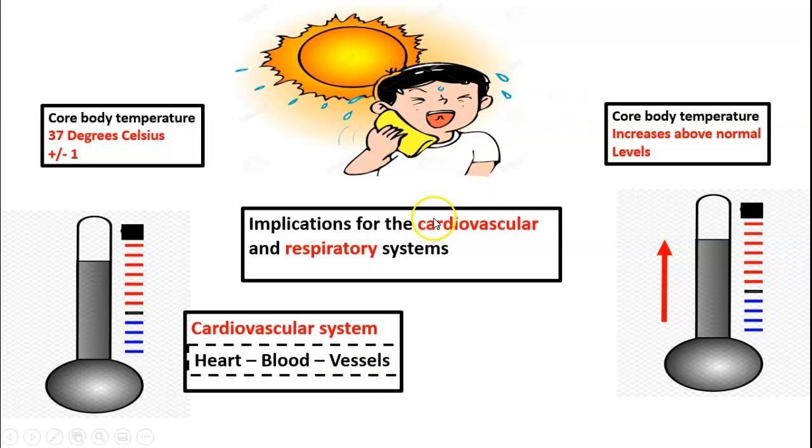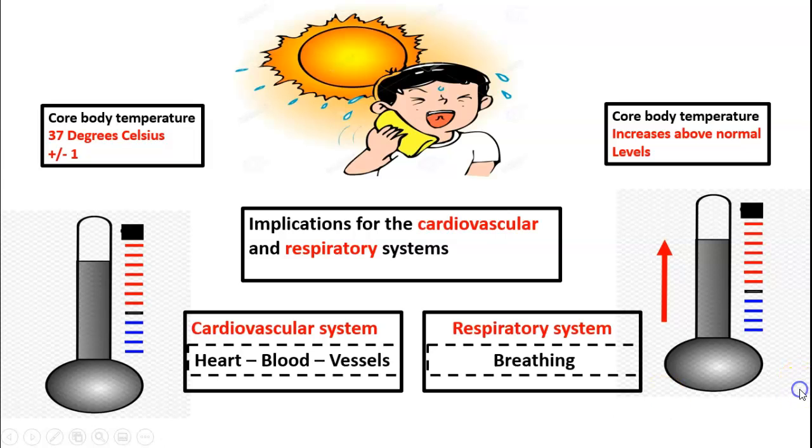On top of that, when we're looking at the implications on the respiratory system, we need to look at how the heat is going to directly impact our breathing, okay? And then from that there will be knock-on effects with regard to performance. So I think that's a really important introductory slide to set the scene on where we're going, with important information on core body temperature. So now let's go in and have a look specifically to start with on the cardiovascular system.